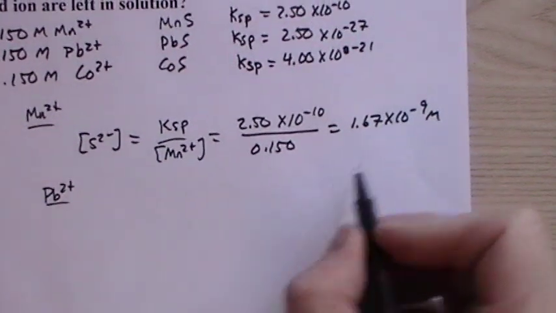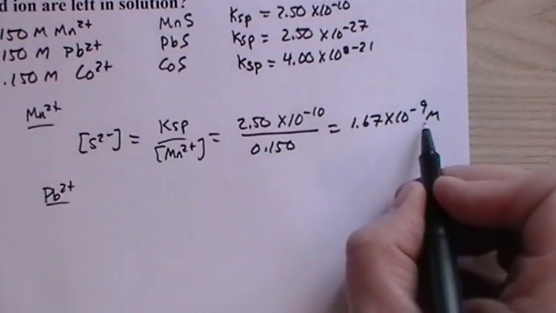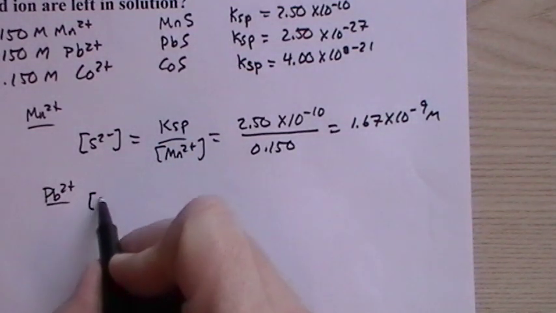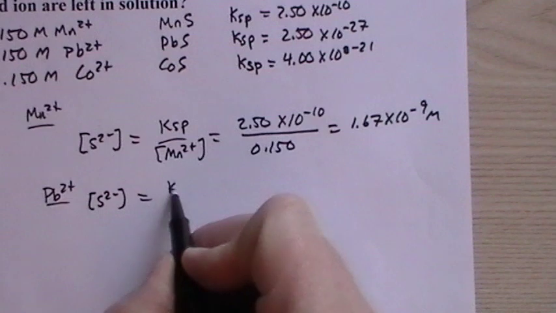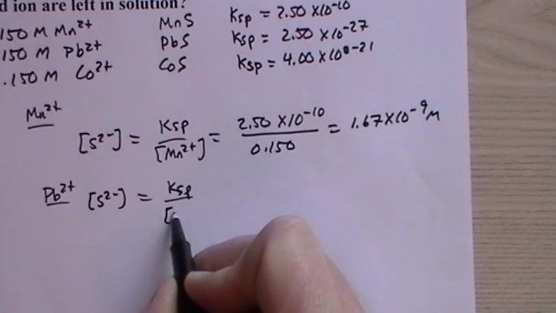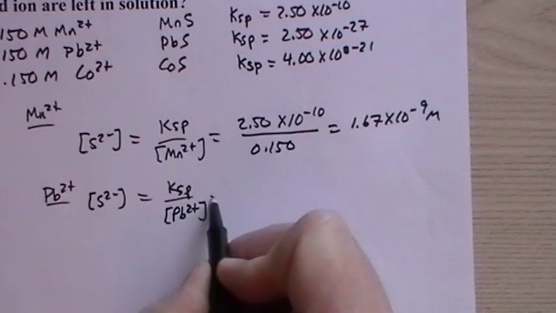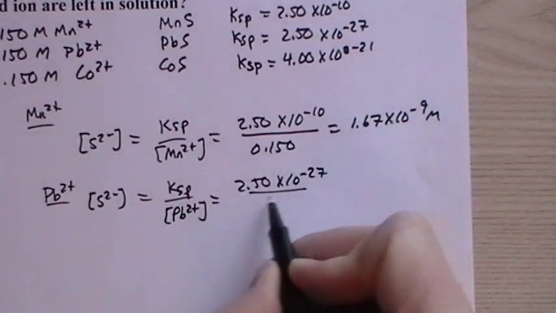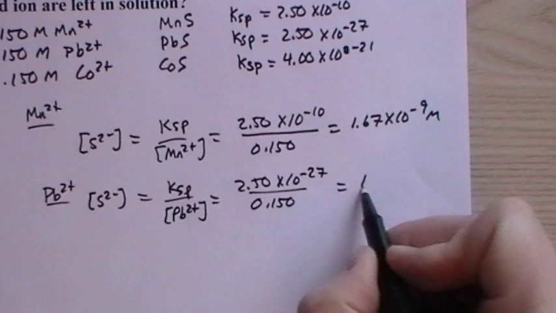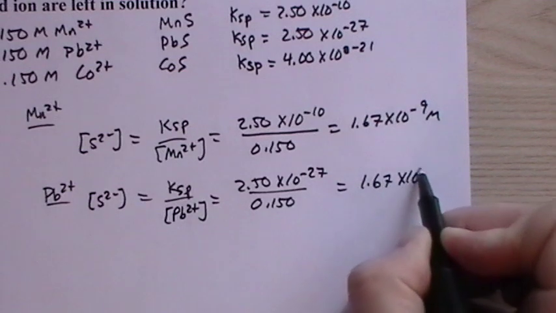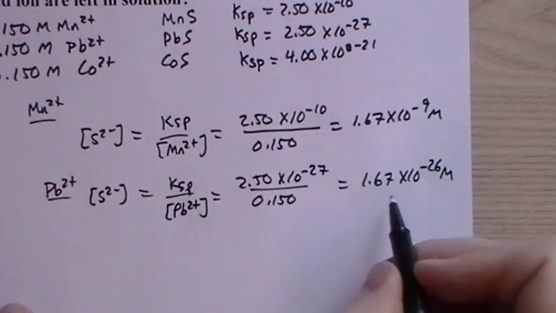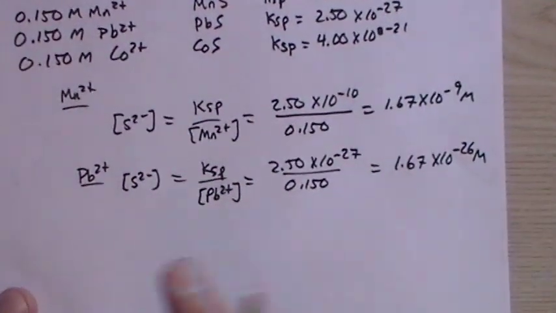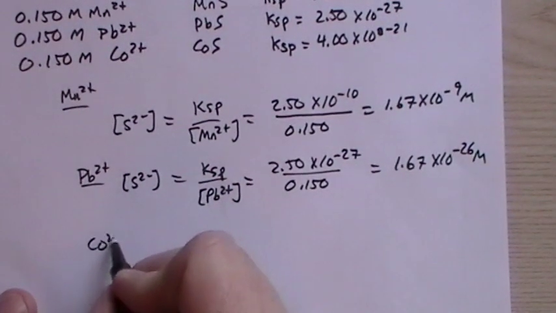For the manganese, at 1.67 times 10 to the minus 9 molar of the sulfide, the manganese begins to fall out. For the lead, it's 2.50 times 10 to the minus 27 over 0.15. This is 1.67 times 10 to the minus 26 molar. So you can see that we have to add almost no sulfide to get it to go. Just a tiny, tiny little bit. And then the cobalt,